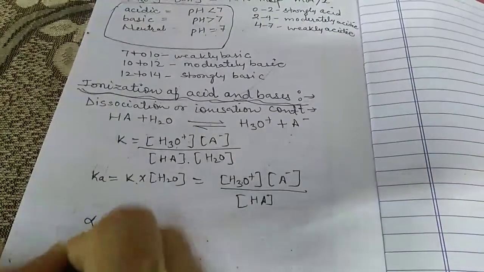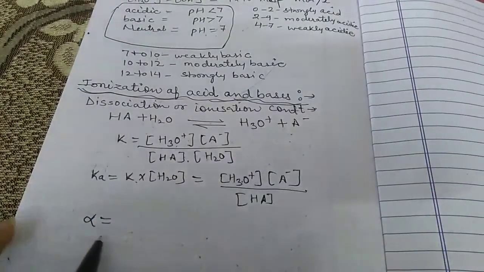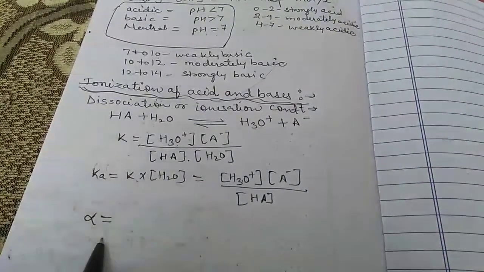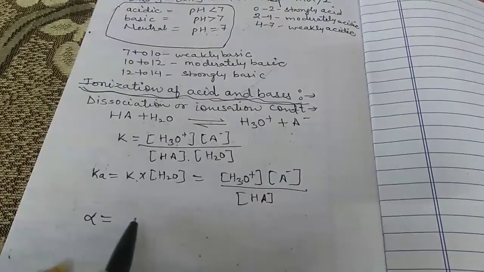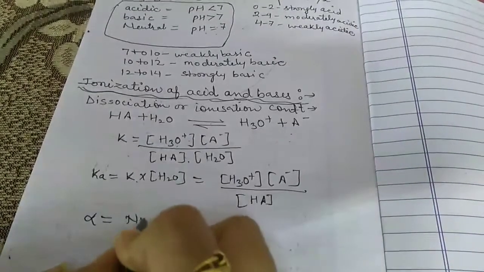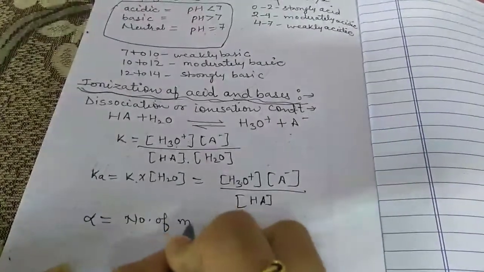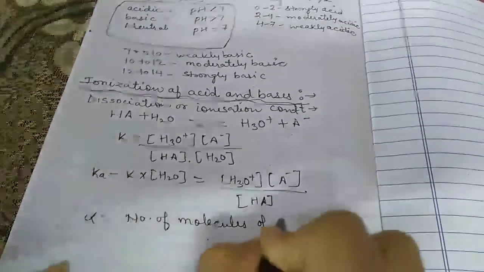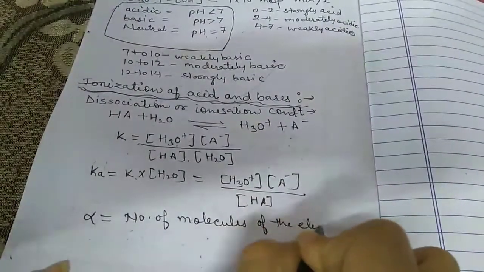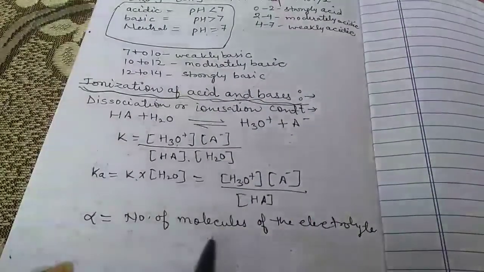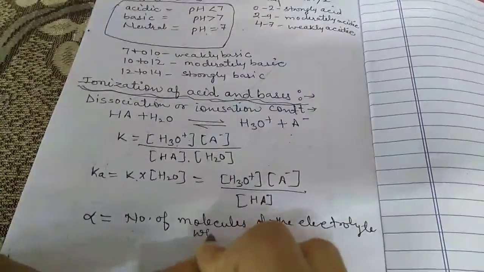The term alpha is used to designate the degree of ionization or the degree of dissociation, and there is a formula for alpha. Alpha is equal to the number of molecules of the electrolyte which ionizes